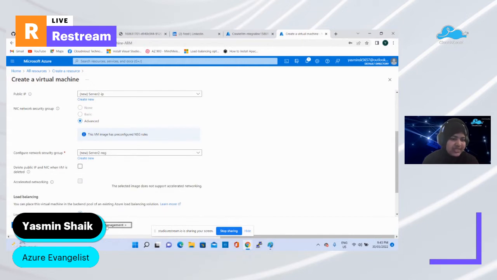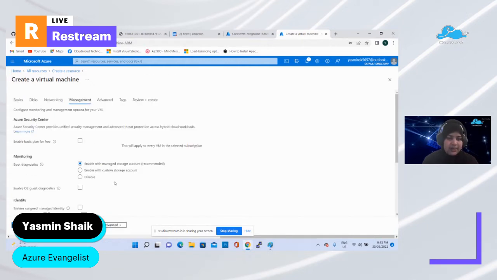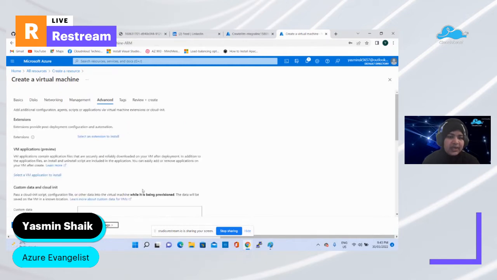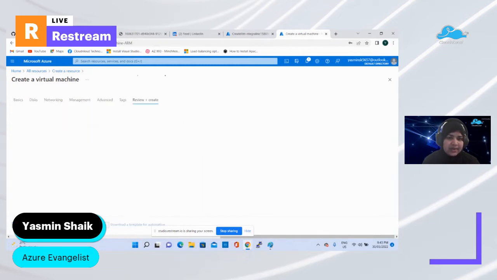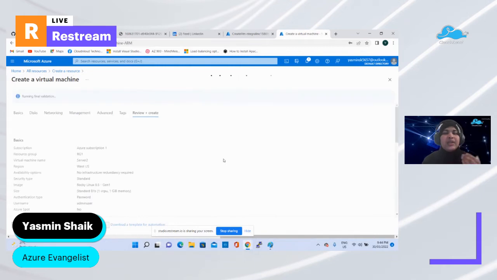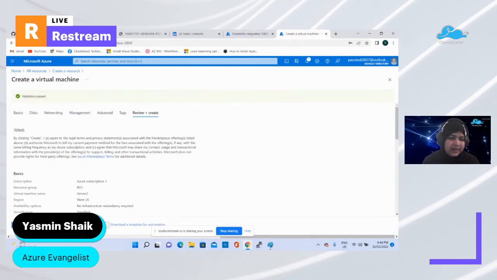Okay, I'm not going to change anything else. Go to management, go to advanced, review and create. So it will validate your virtual machine and it will create your virtual machine. Okay, let's wait. Okay, create. So the second virtual machine deployment has also started now.